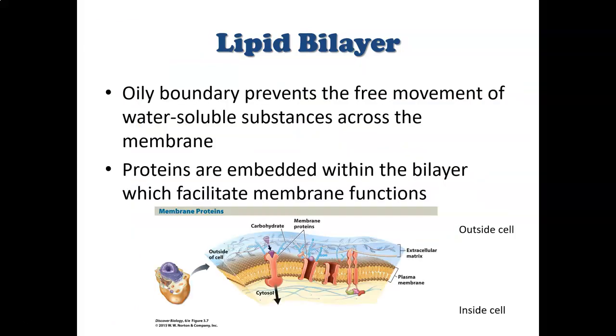Right? And it's these fatty acid tails that are the boundary layer that prevents the movement of particles from the interior and exterior of the cell. Right? So you've got to think of the inside of the cell as water, and the outside of the cell as water, and the barrier is that oil fence. Right? So